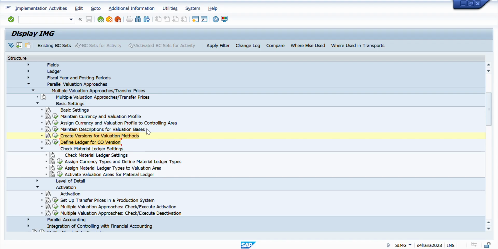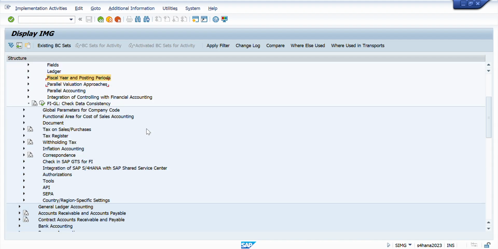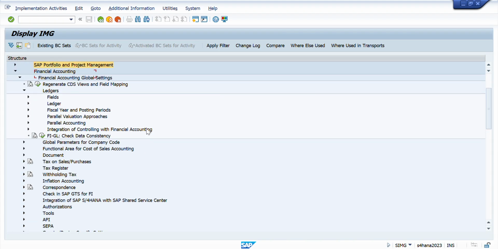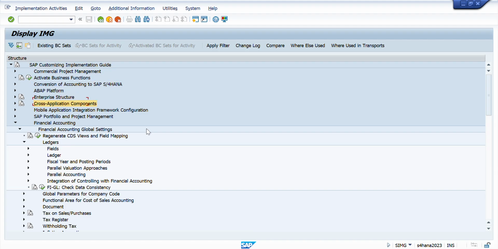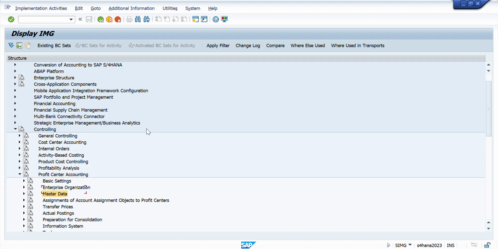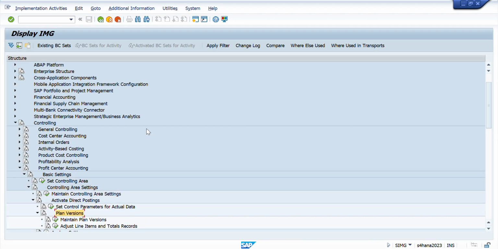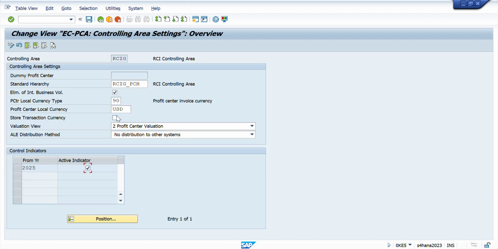For this, we need to navigate to the, let's go back into controlling. Let's close the financial accounting, go into controlling, profit center accounting, basic settings, controlling area settings, and here we have maintain controlling area settings under the profit center accounting. Here we activate the profit center from 2025, and we say